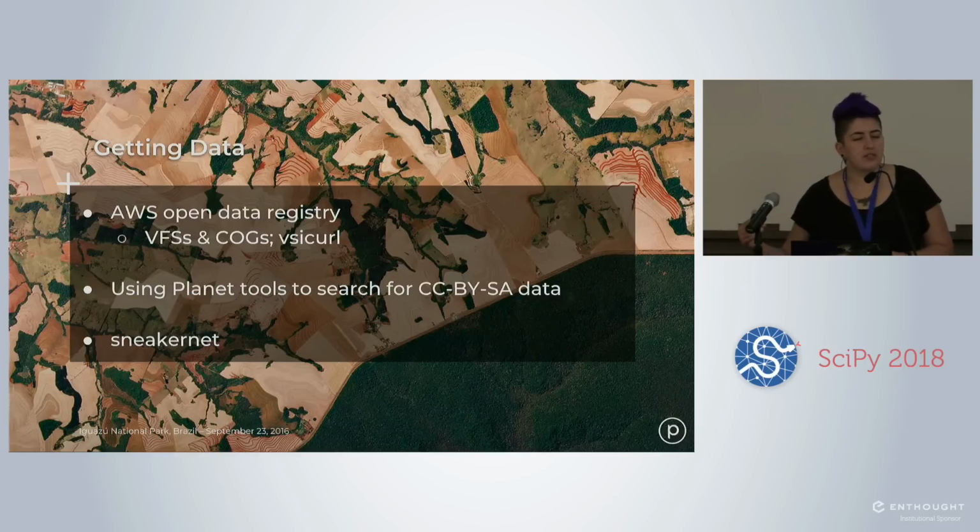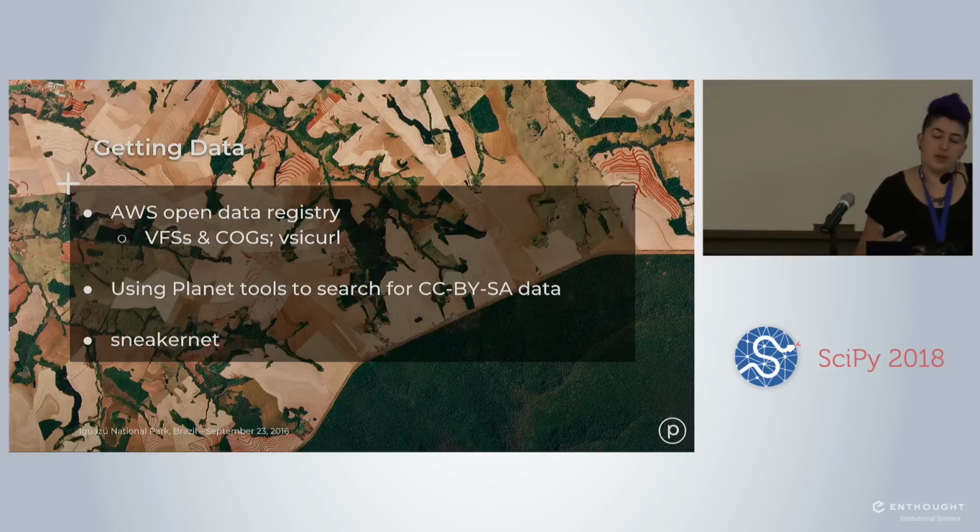S3 uses a virtual file system to serve a special type of satellite data called a cloud optimized GeoTIFF, or a COG. And the thing that's really cool about that is, as you might expect, it's optimized for the cloud. It lets you access